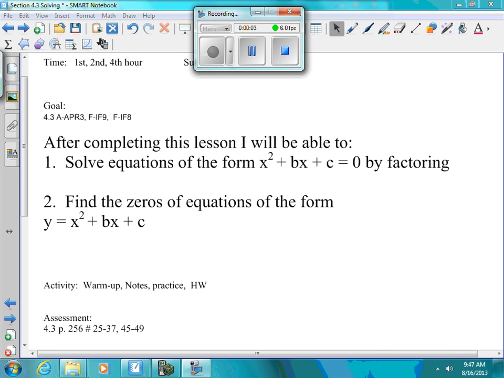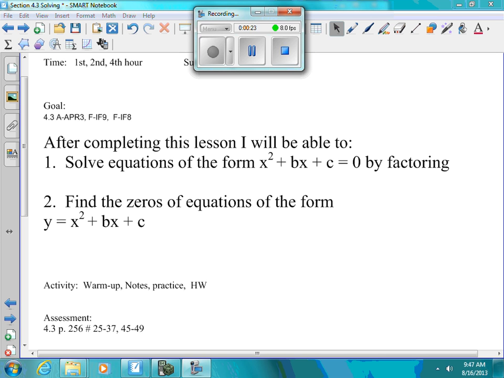Welcome back to Unit 1, Chapter 4. We're going to go back to Section 4.3. If you notice, we skipped over the solving the equation parts when we did the classwork. You probably wondered why we're doing that. Well, I want to get the factoring mastered first, because now we're going to use factoring to actually solve some